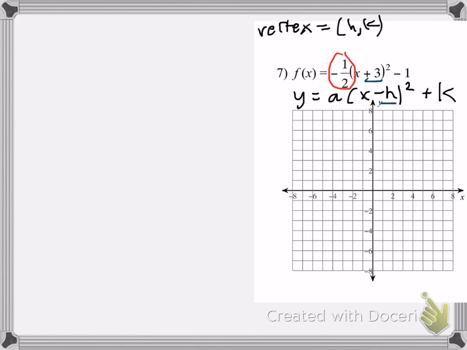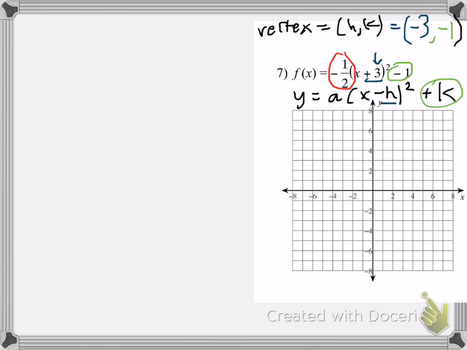So remember that h is going to be the opposite of what I see there. So if I do x minus a negative 3, that's what gives me this x plus 3. So h is negative 3. I have negative 1 here, and that is my plus k,